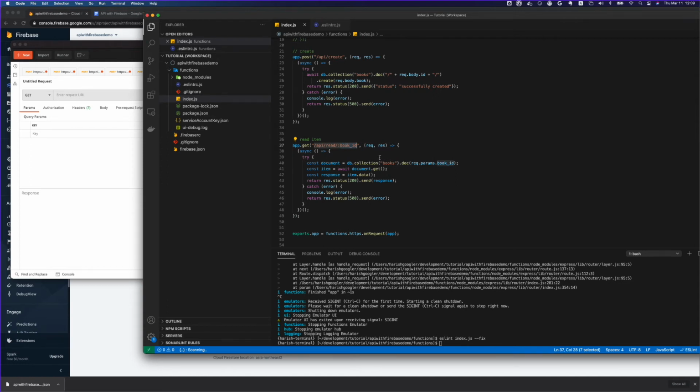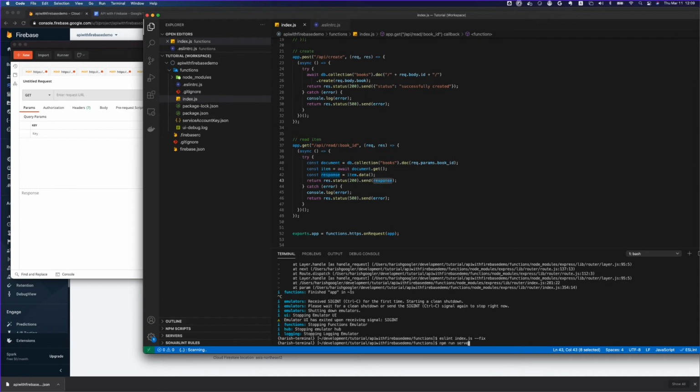From there I connect to our collection, which is books, and pass this book ID as the ID. If you remember, we created IDs for each book, and with that ID we get that book's information with document.get, then we wait for the response to come back, get the data, and send the data back. Very easy, very simple, very straightforward.